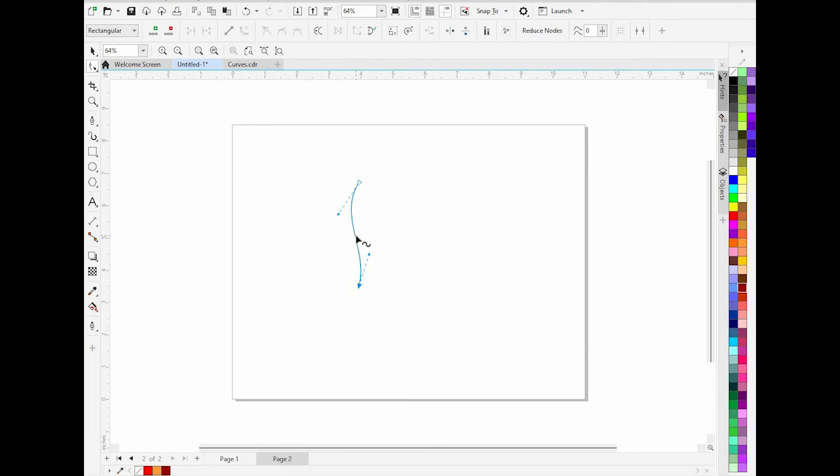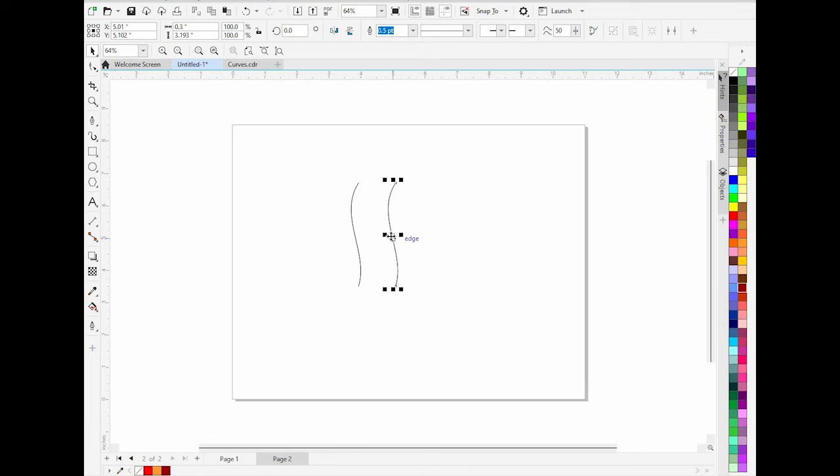So once I have something like this, I can click on this, click on the shape tool, hold the shift key while you click and drag, and then you right click. After that, off the mouse, off the keyboard, and then we are going to use this mirror option to mirror